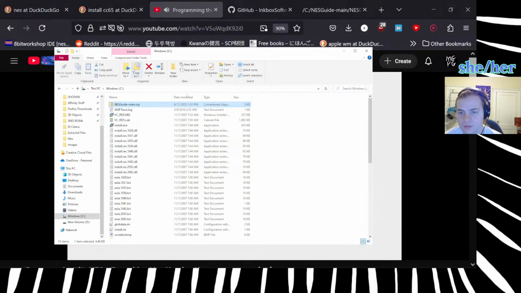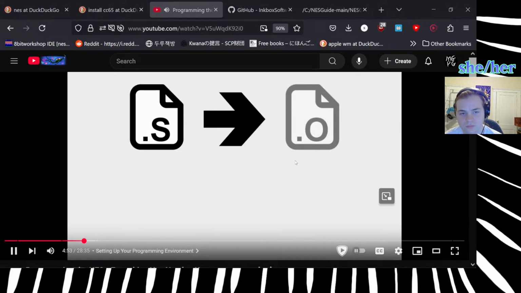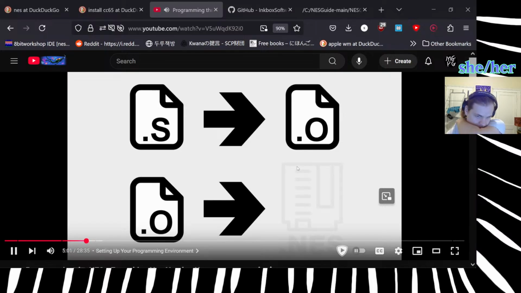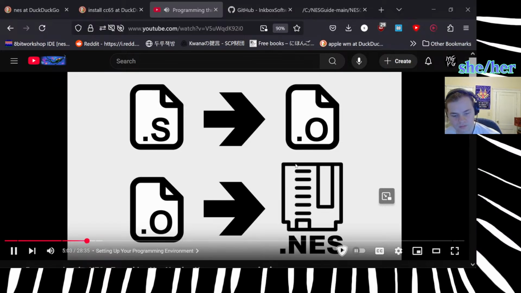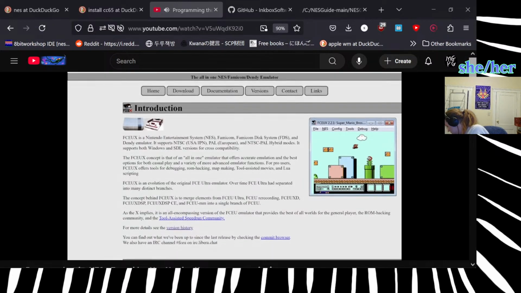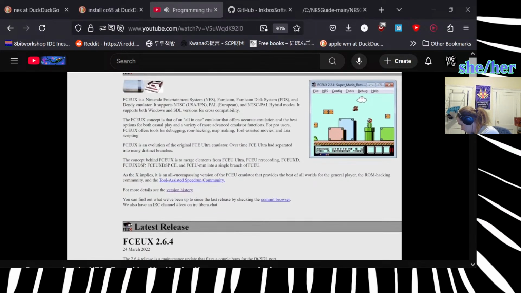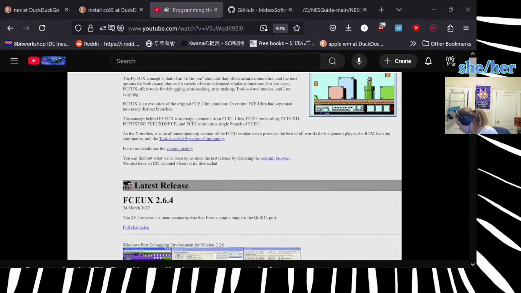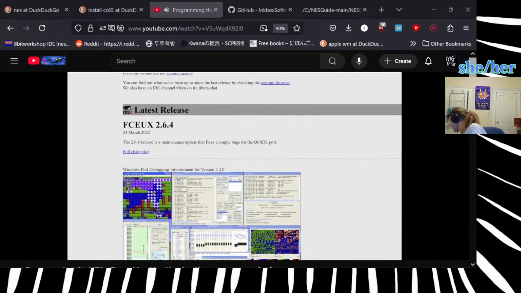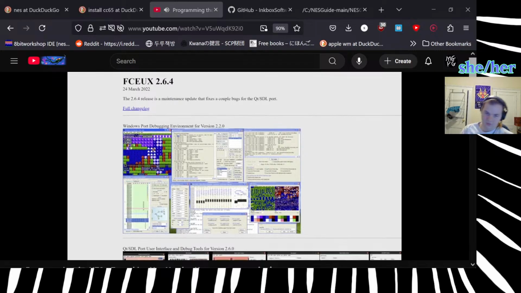What we can do is use the assembler to assemble our assembly file and turn it into machine code, very low-level CPU instructions, which is output in an object file. Then we can take the linker and turn our object file into our final .NES file, which we can then run using an emulator. FCEUX is the industry standard NES emulator. It can do essentially anything and everything you want an emulator to do, from playing in slow motion to recording your game to giving you a live look into the memory of